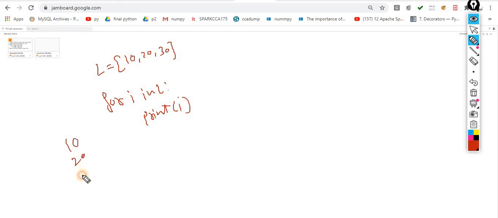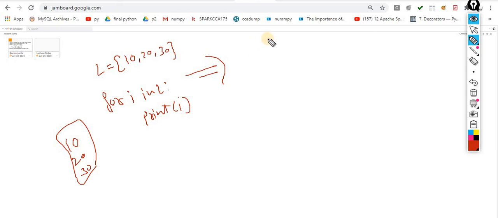Now you are getting 10, 20, 30 perfectly. There is no difference. This is one way, the simple way. There is one more way, and I will get the same output with this other way. Sometimes this way is highly required. In some problem statements this way is highly required. So how can I achieve it?